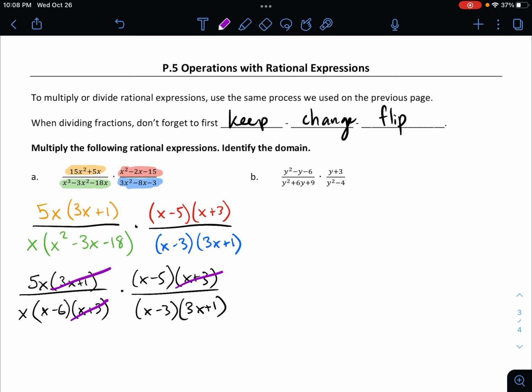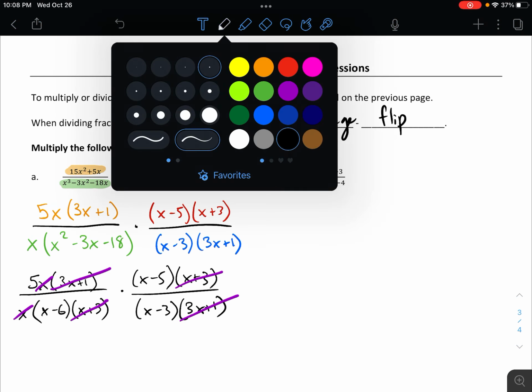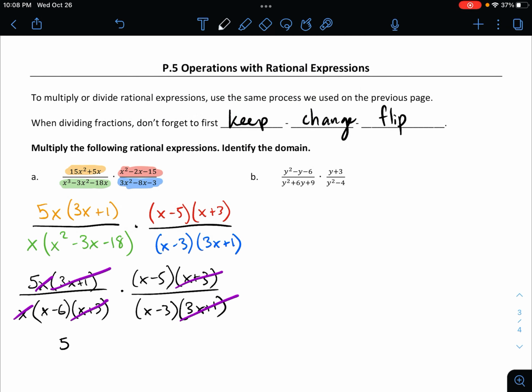I see I have a 3x plus 1 and a 3x plus 1. One's up top, one's on the bottom. And then I look and I see I have an x in the numerator and an x in the denominator, so those will also cancel. So my final answer here, I have a 5. I also have an x minus 5 in my numerator. And I have an x minus 6 and an x minus 3 in my denominator,